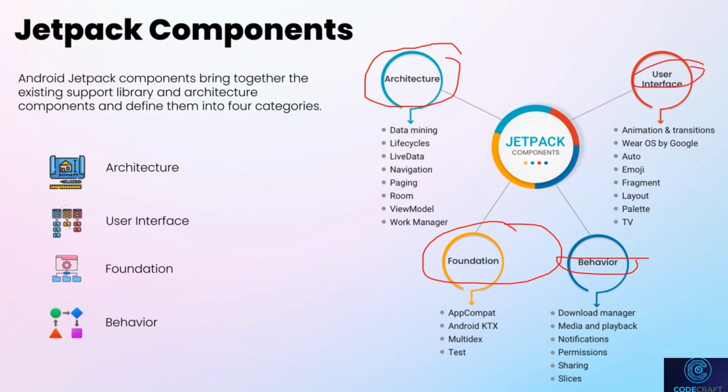The user interface. Most of the UI libraries in Jetpack are built on existing code. They include animations, palettes, emojis, Android Auto, fragments, layouts, and TV. All of the libraries you love to work with can be found here in the Android Jetpack packages, as well